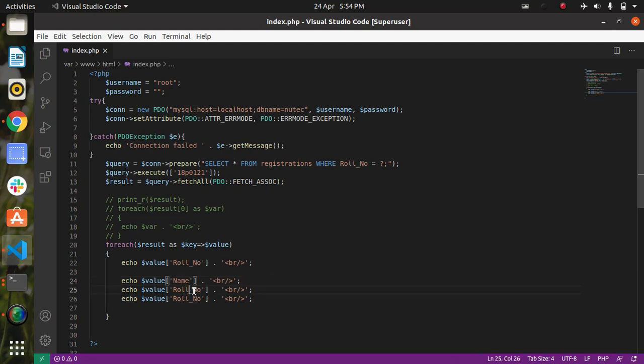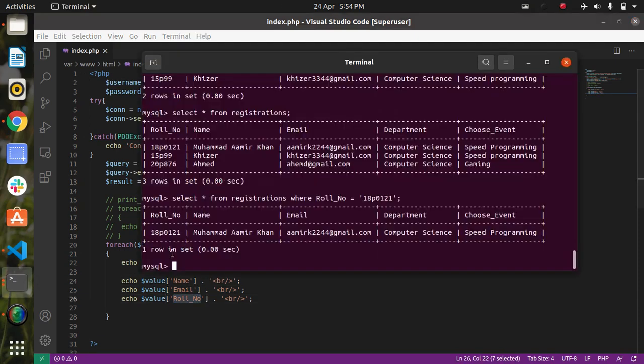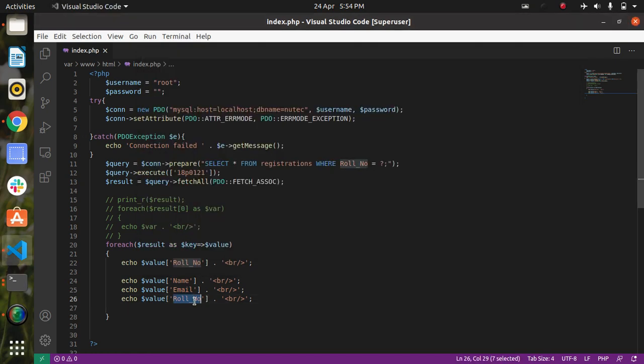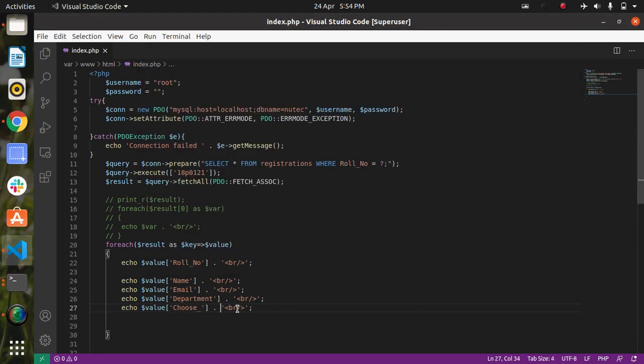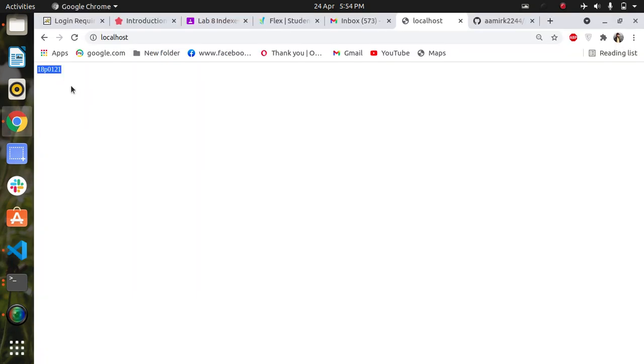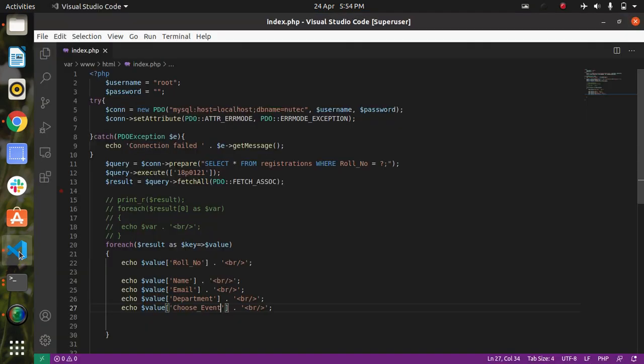The third column name was email, and our fourth column name is department. And our fifth column name is choose, as you can see here, choose event. So this is our another column name of choose event. Now let's run this, and we get the same output with this method.